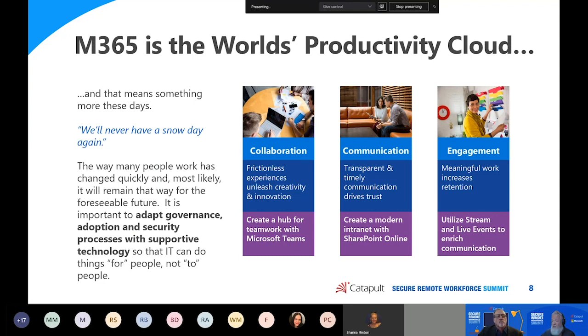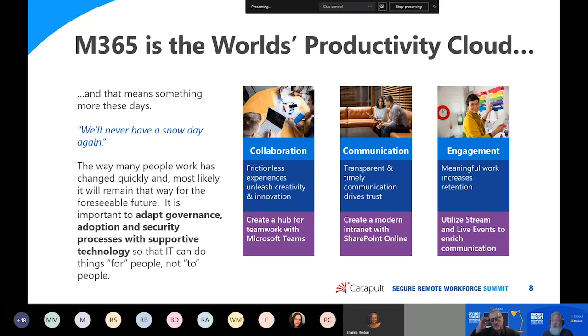Other presentations have talked about the changing landscape for governance and for using the cloud, especially Microsoft's cloud tools. So my coworker's kid said this the other day. He was upset that now, because of online school, they will never have another snow day. And to me, that sort of reflects the changing environment in which we live, right?